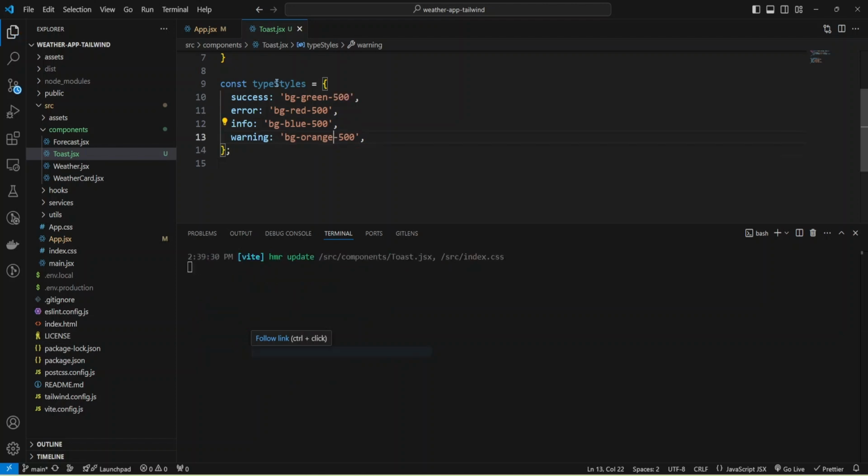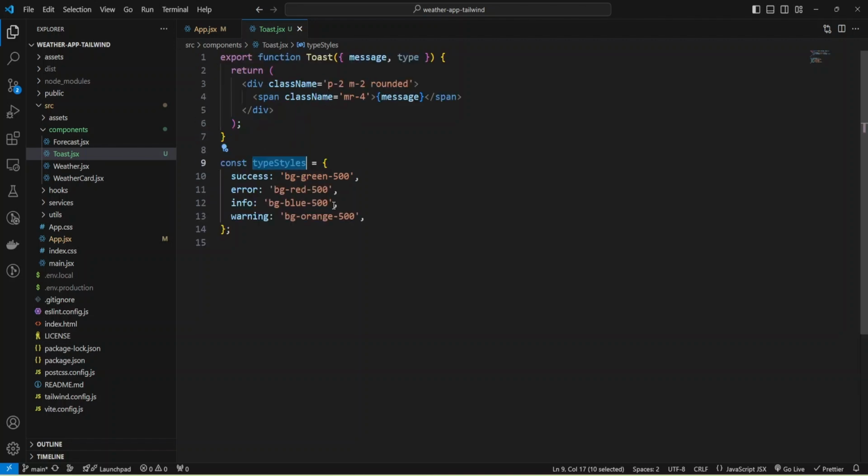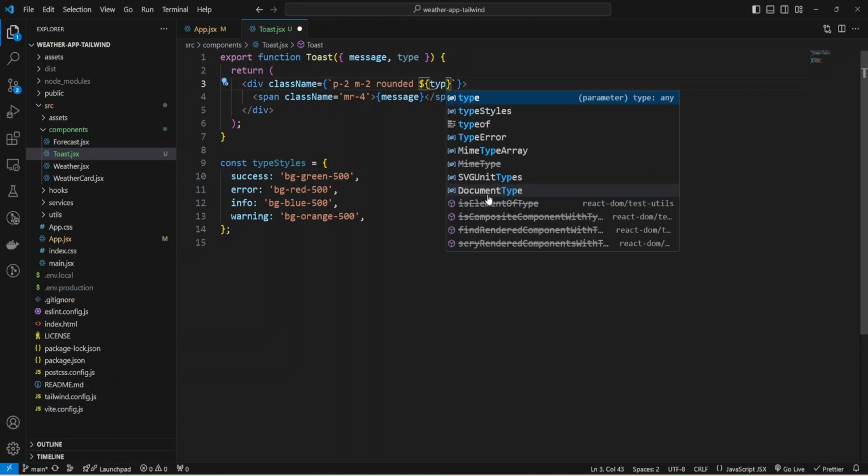Okay, and now let me hide this panel. And now we can use our styles inside our div or our container. And I'm going to add code here and add my styles. And depending on type, I need a variable typeStyles.